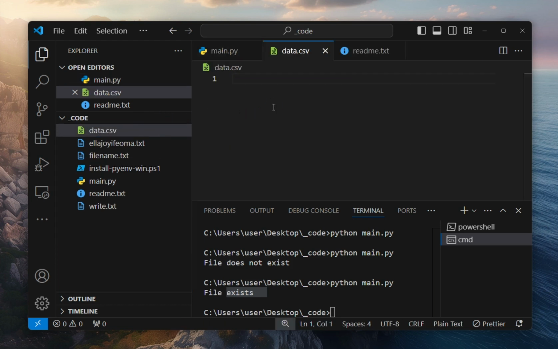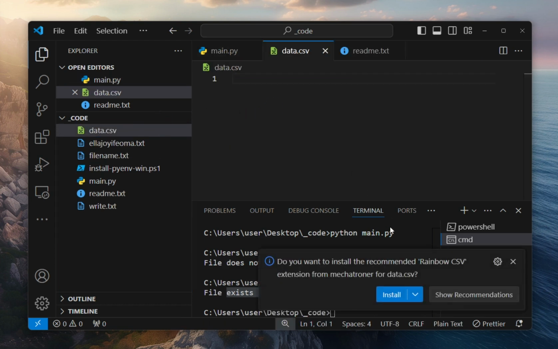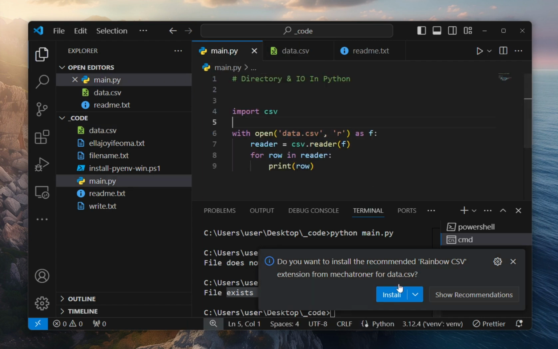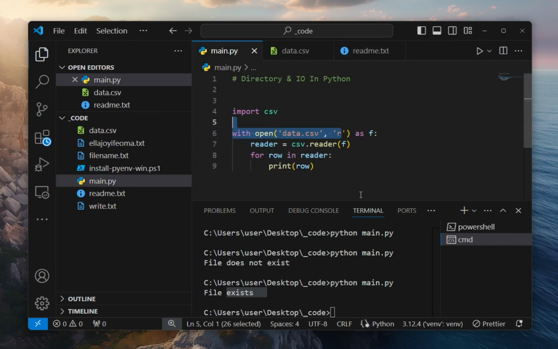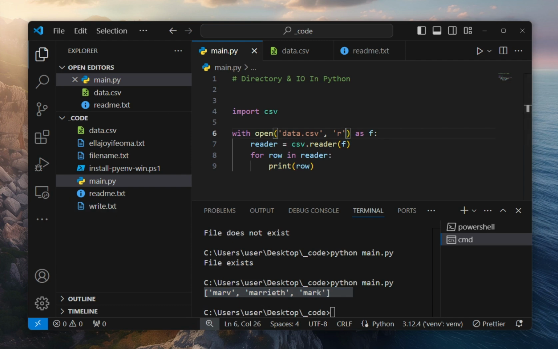data.csv, and in here I can just create comma separated values. So I can have Marv, Marriott, Mac. Let's save that. Let's come back here. Let's install that package. I'm not using it for now, but let's just have it installed. I'll go ahead and run this file, and now you see we're able to read the content of that file, which is Marv, Marriott, and Mac. All right, so